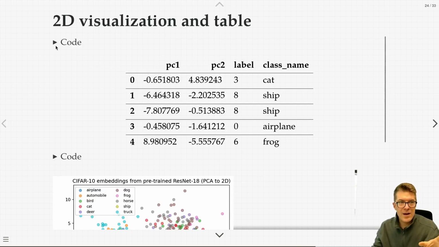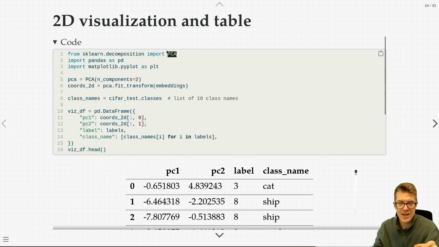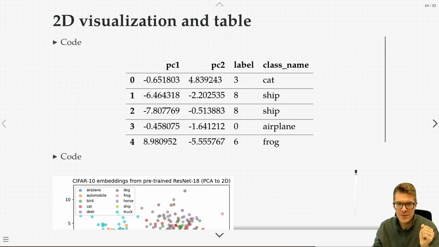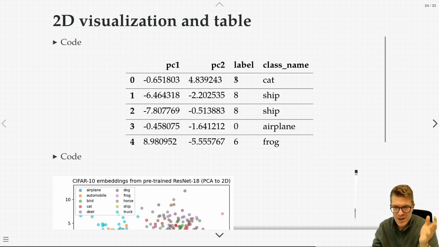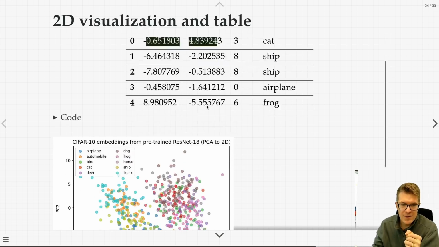Here they are. Again, we're passing them through PCA just to get two-dimensional representations of this. You could also pass these through t-SNE if you wanted. So here are our first two principal components, which again, from 512 dimensions, we squish even further to 2 dimensions just for our squishy human brains. Here we have labels for each of these. So CIFAR-10 again has 10 classes, cats, ships, airplanes, and so on. And you can't see too much of the pattern here by looking at these numbers, but you can see them